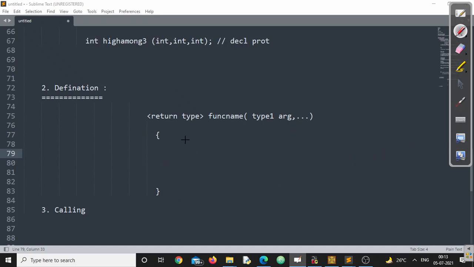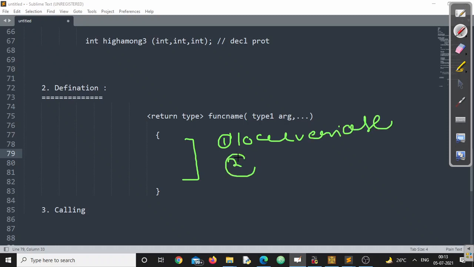Now the question is, what should the function body contain? First one, it can contain some local variables. I hope you all know what exactly local variables are. Number two, it will contain the business logic. By business logic I mean the logic of the program or the logic of the function, which purely depends on your programming requirement. So here you can put your logic. Here you can write your code so that the task for which you are creating the function will be carried out. Clear? And finally, the return statement.